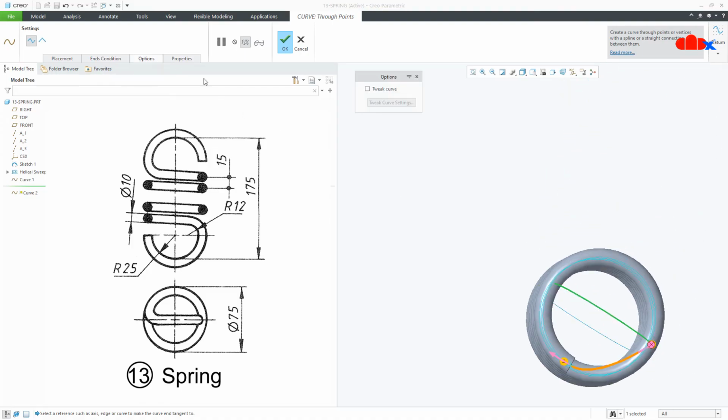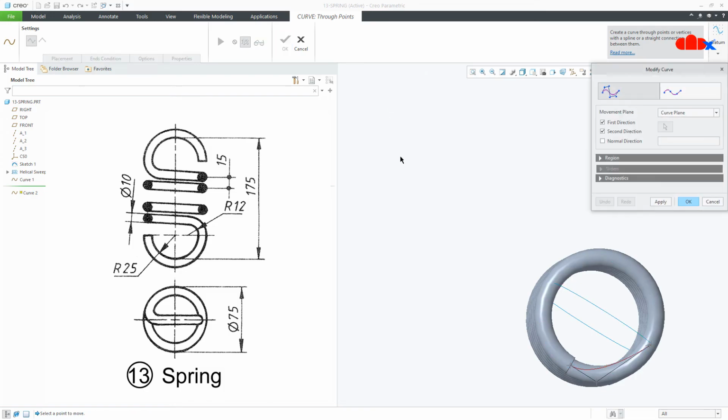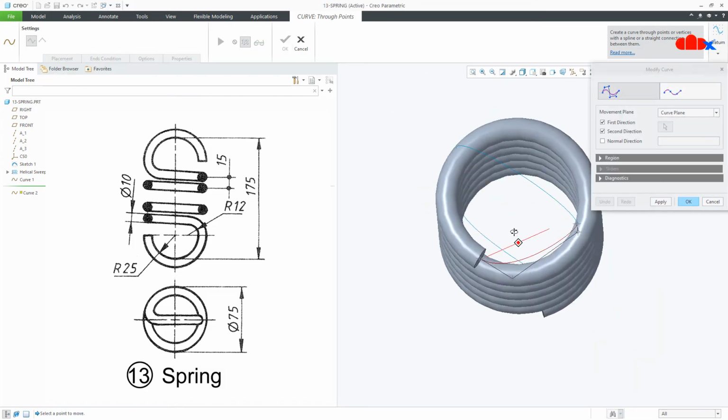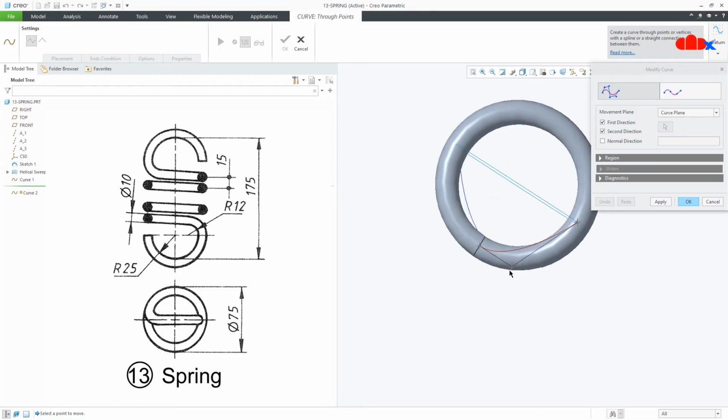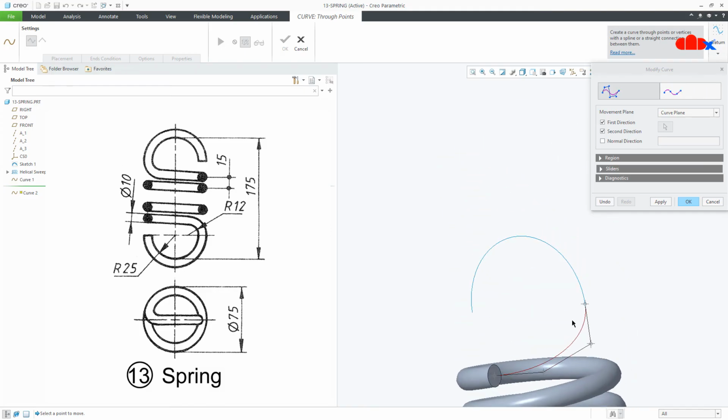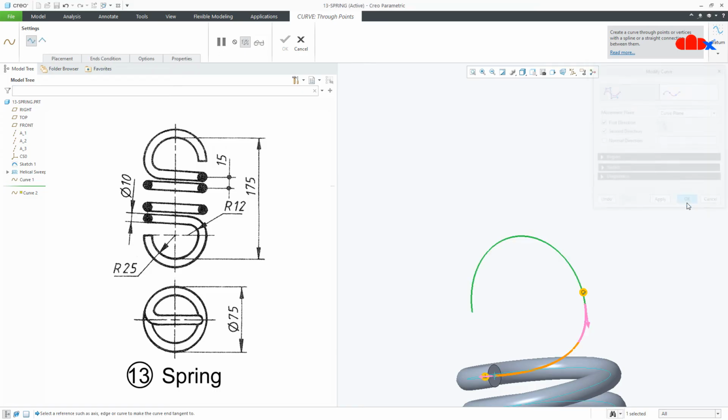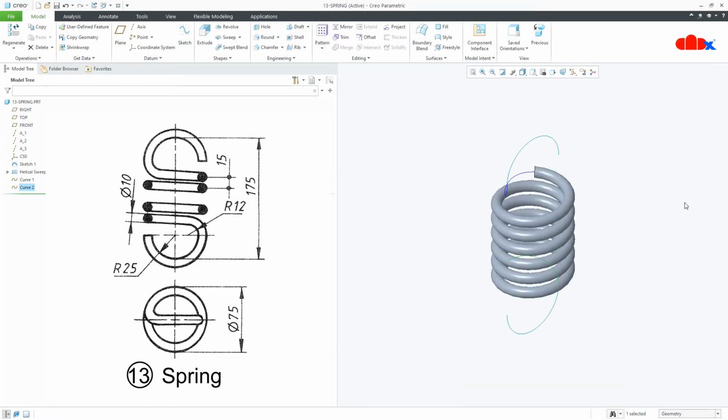Go to options, tweak curve setting. Now make it smooth. And say OK. OK. So now we have connected the ends.